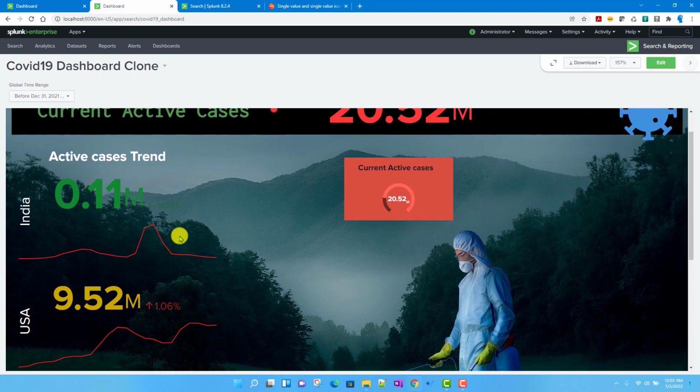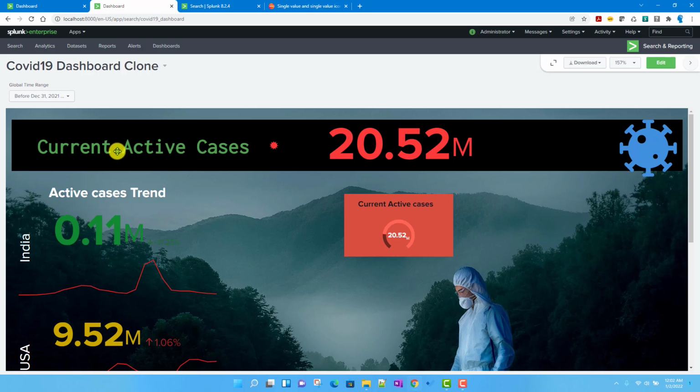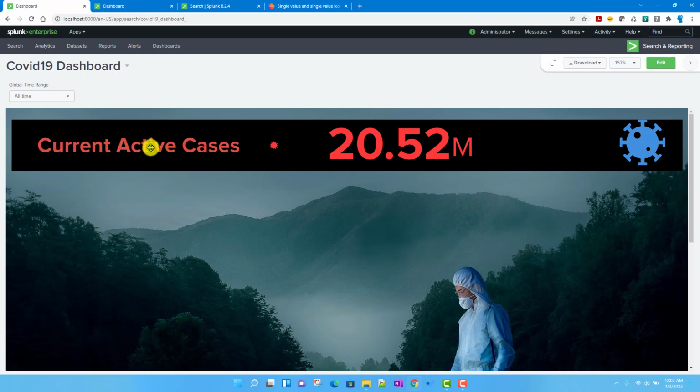Before that, in the last video I missed making this particular string green and changing its font as well. Let us do that here.